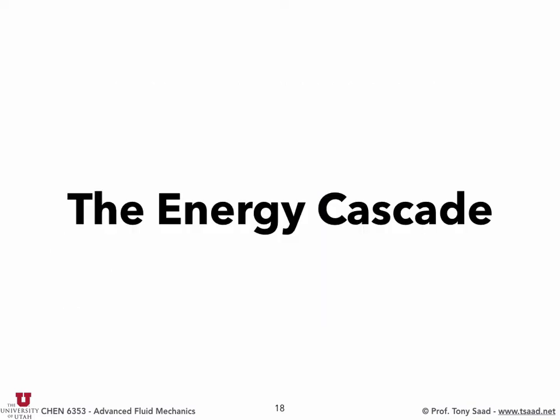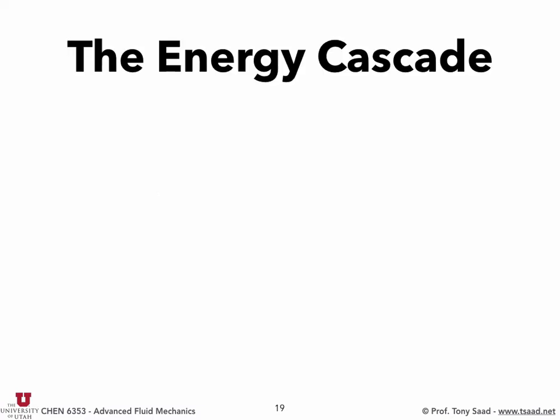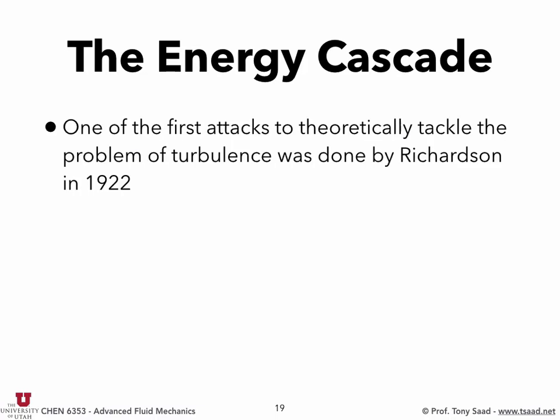I'm not going to go into, maybe next time we'll go into more details about scaling in turbulence, but what I want to get to, I'm still trying to give you a feel of turbulence and what it does, and to get to some working equations that we can use in practice to solve for turbulent flows, okay? But one of the key features in turbulence is what's called the energy cascade, and it was developed by Richardson in 1922. He was looking at some numerical weather prediction as well, and he was trying to deal with turbulence,